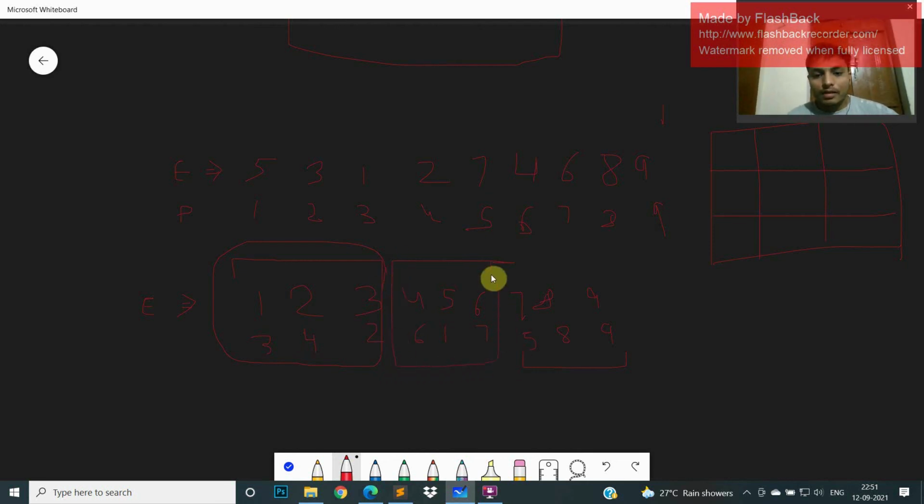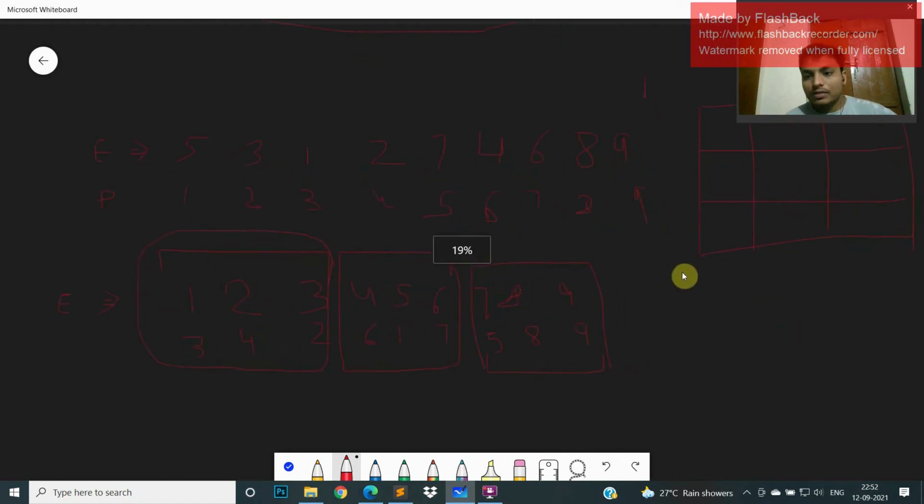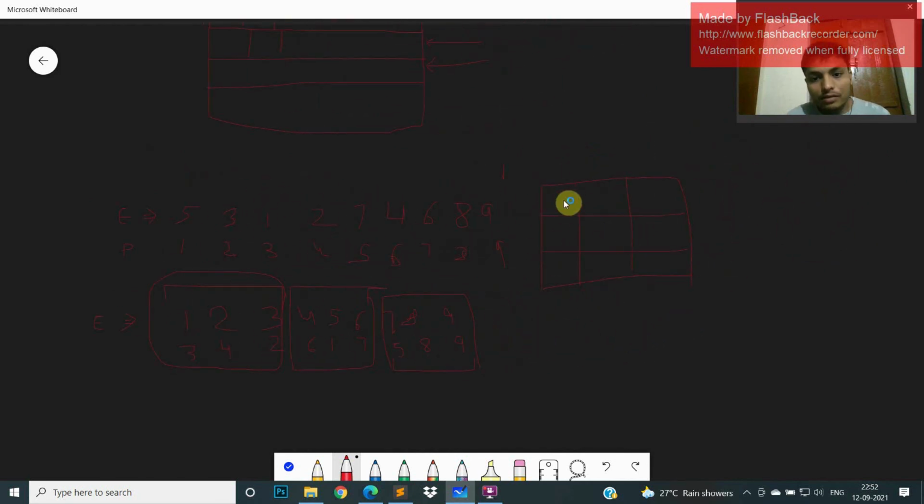For this group, this group and this group, because if I see according to eyesight, person third will sit here, then fourth will be here, then second will be here, sixth will be here, first will be here, seventh will be here, fifth will be here, eighth will be here, and ninth will be here. So one will create inconvenience for only people sitting on this row, and three will create inconvenience for the people sitting on this row, and fifth will create.